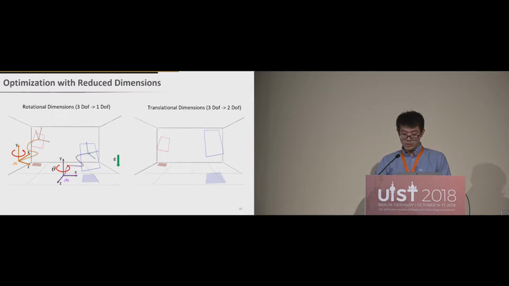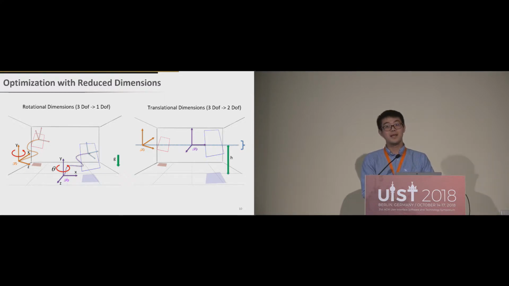Further, we introduce a heuristic to reduce the translational dimensions. First, we observe a simple fact that the movement along the y-axis is actually limited because of ergonomic factors. Compared with the movements on the horizontal plane, the y-axis movement is actually small. So we set our heuristic as follows.